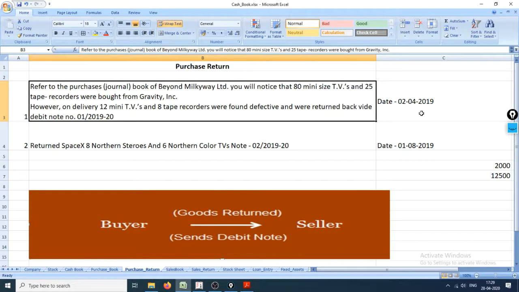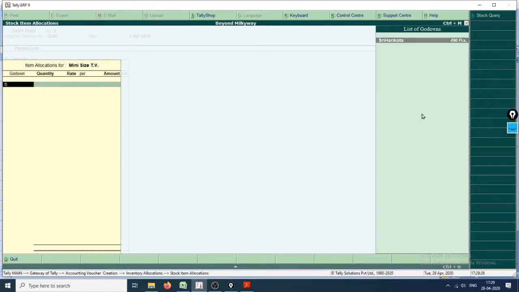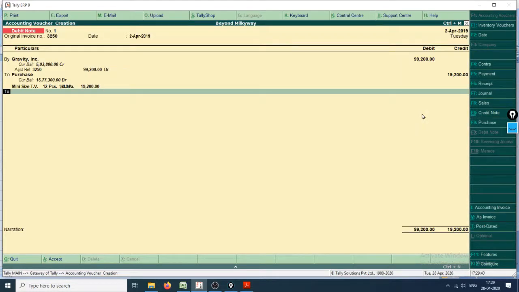On delivery of 12 mini TVs and 8 tape recorders, mini size TV, Sri Harikota 12, 2000, and where is the discount column? It's not here, so we'll choose 1600, but it should be here, right?